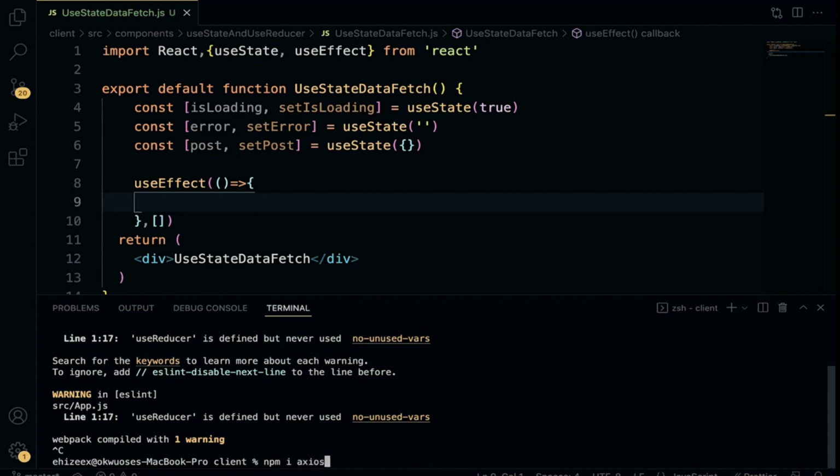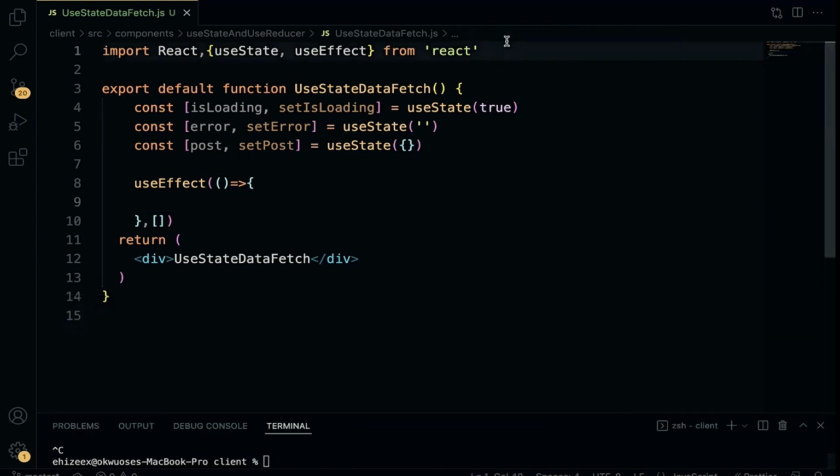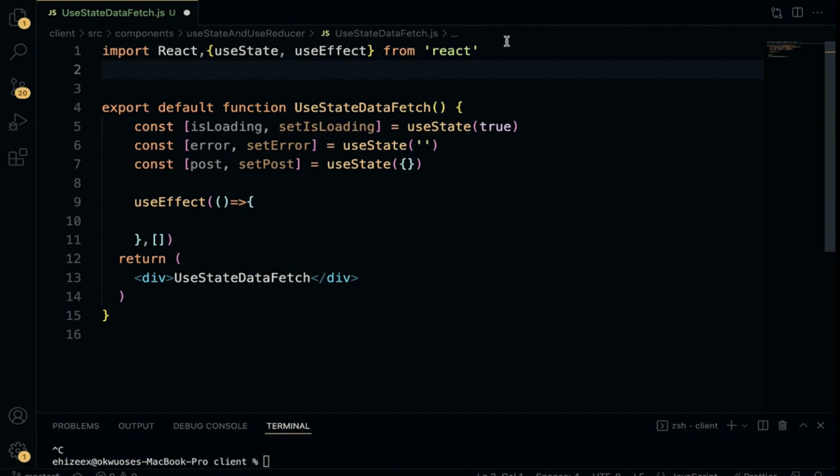I have it installed already, so there is no need to do this the second time. But if you do not have it on your machine, you just have to hit the enter key to have it installed. Let me wipe it off. Scroll to the top, and having installed Axios, we have to import it at the top. Import axios from